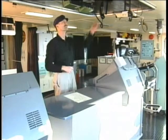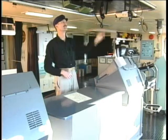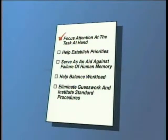Checklists should be used. They are a good written memory aid used to accomplish a series of tasks, but they should not be used as a substitute for thorough knowledge of the ship or procedures. Checklists have many benefits. These include focusing attention on the task at hand, helping establish priorities, serving as an aid against failure of human memory, especially during periods of stress or emergency, helping to balance workload, and eliminating guesswork and